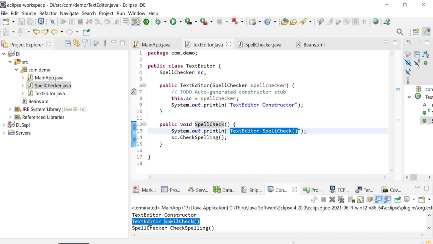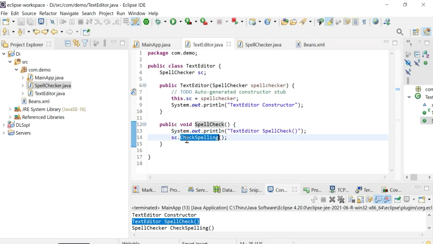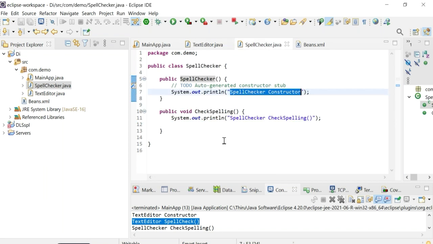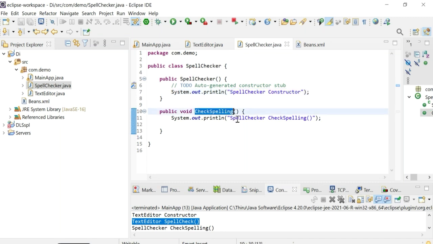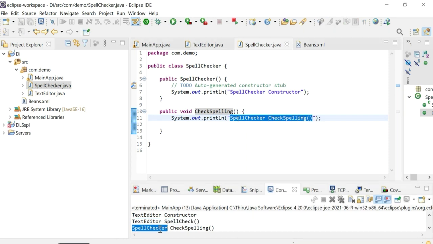Then we call the check spelling method of the spell checker class using the spell checker reference object sc. The spell checker check spelling method has a text message, spell checker check spelling method. That's the reason you can see it here. All right, that's it.